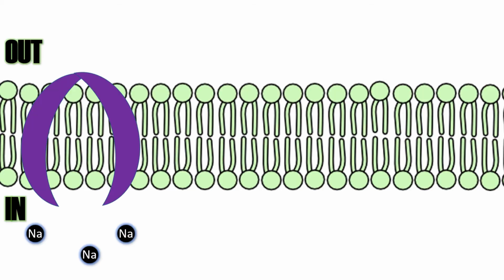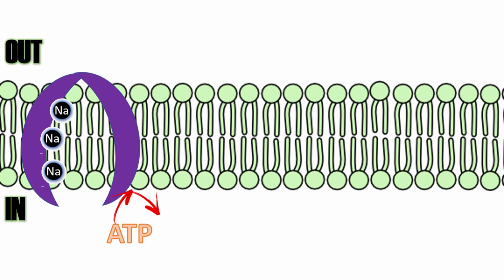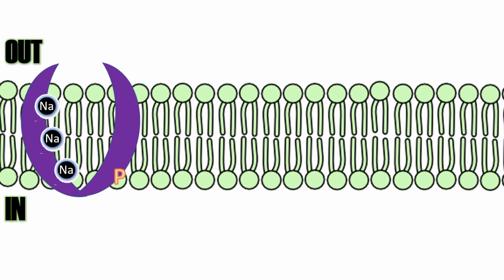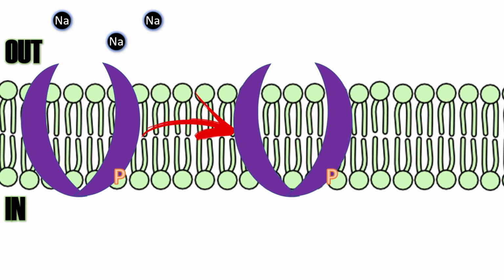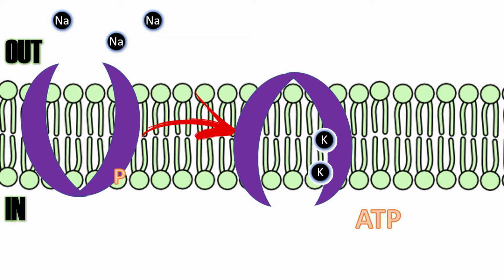Here's how the mechanism works. 3 sodium binds. ATP phosphorylates the protein, which causes a conformation shift and it flips to the other side. We then release our 3 sodium and the 2 potassium slides in. The protein releases the phosphorus, again causing that conformation shift. This time it's opening to the inside of the cell, and shabam, we have 2K on the inside of our